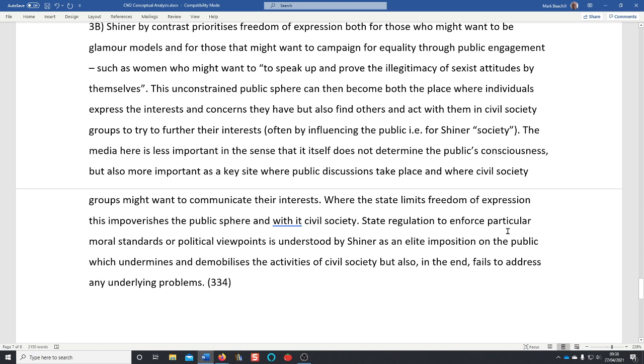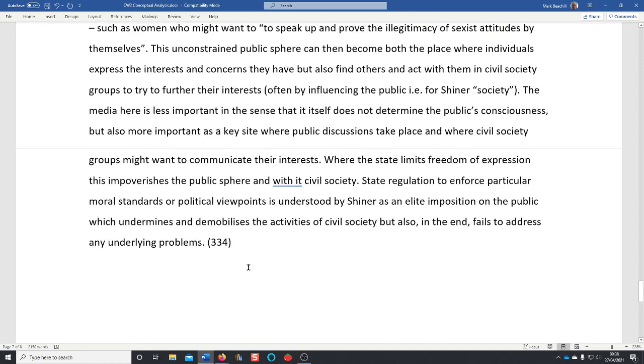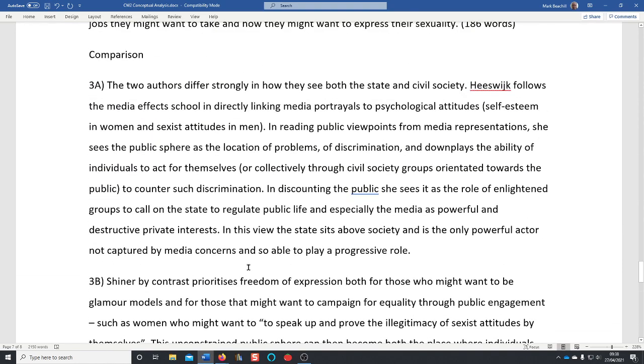State regulation to enforce particular moral standards or political viewpoints is understood by Shiner as an elite imposition on the public, which undermines and demobilises the activities of civil society, but also, in the end, fails to address any underlying problems. So, as we've seen from this, in our comparison,